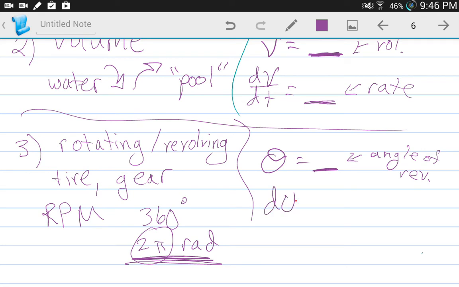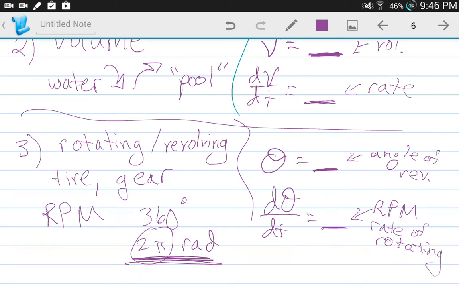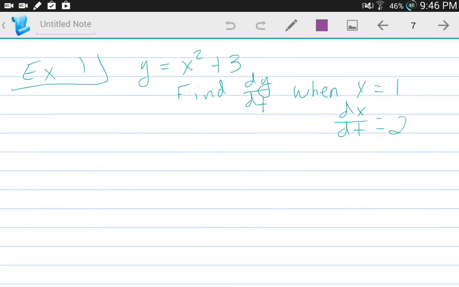And then d theta dt, and that would be our RPMs, right? If it's RPMs, but this is basically the rate of how fast it's rotating or revolving. So that's just, before we do the examples, I just wanted to talk about some things we might run into. So a first example could be something